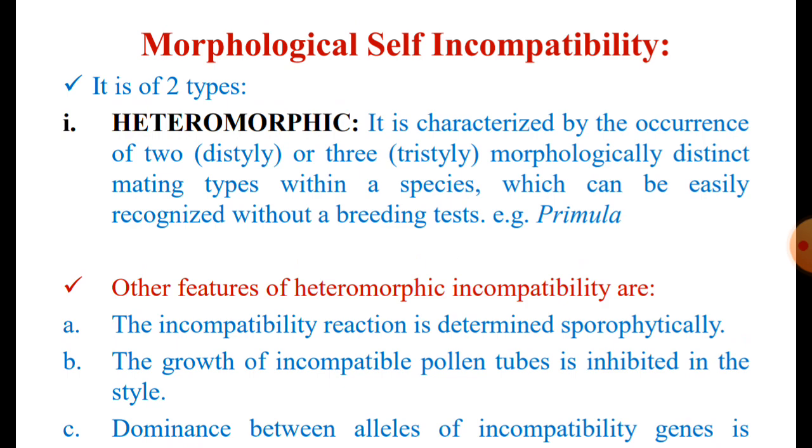In primula, distyly has been seen, where there are two kinds of flower, pinnide and thrumide flowers. The pinnide flowers have long styles and short stamens, and thrumide flowers have short styles and long stamens. And the pollination takes place between the pollen grains from the pinnide flower easily pollinating the flowers of thrumide flower, and vice versa.